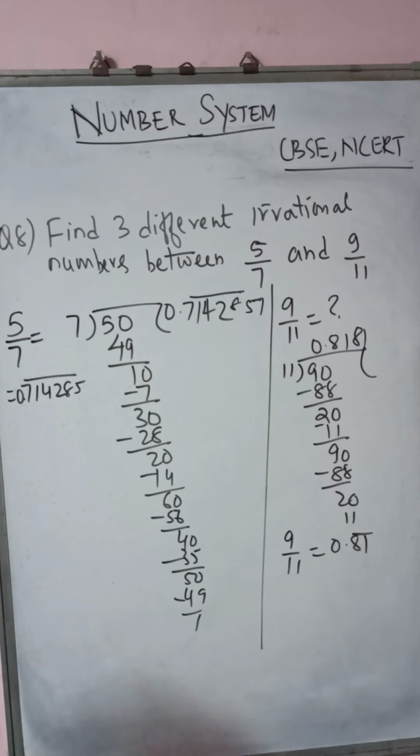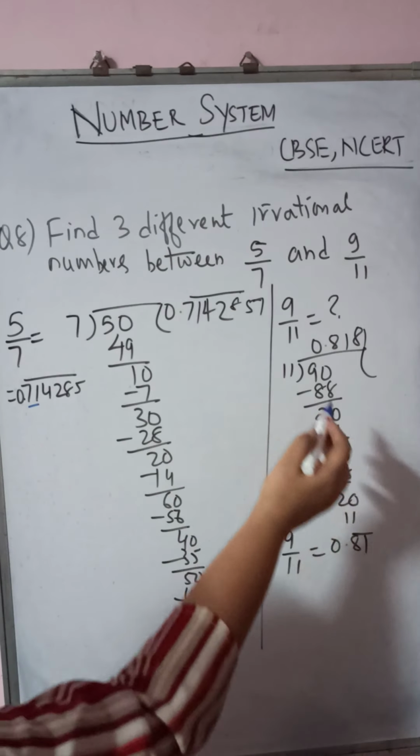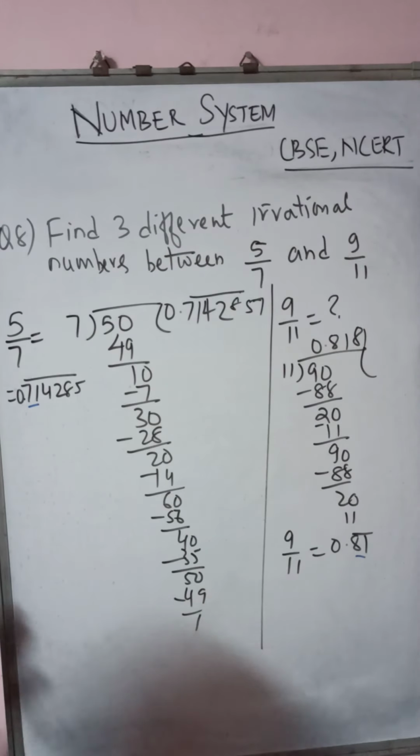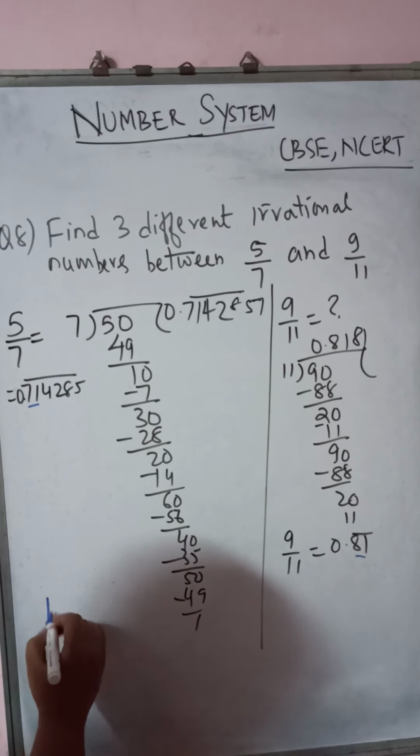Okay, now I have to write 3 irrational numbers. So children, there is a pattern we follow when we have to write irrational numbers. You can write any number, just check the first 2 digits, 0.71 and here 0.81. So any number between these two, but the digits in the quotient should be non-terminating and non-repeating. So what can you write? The 3 irrational numbers